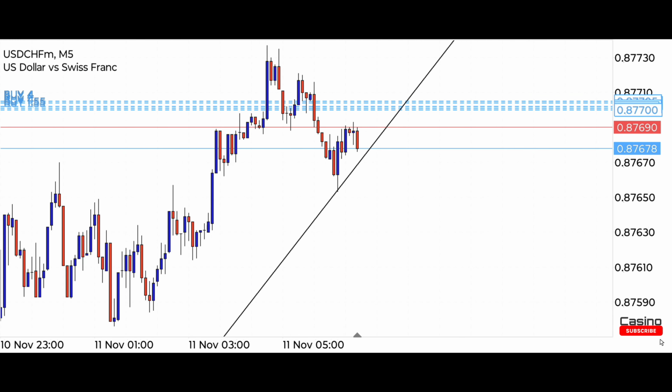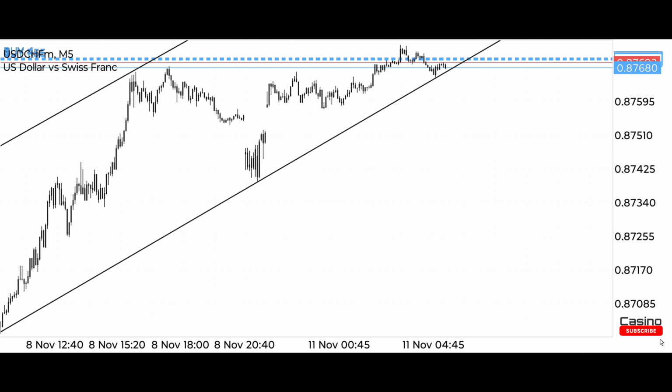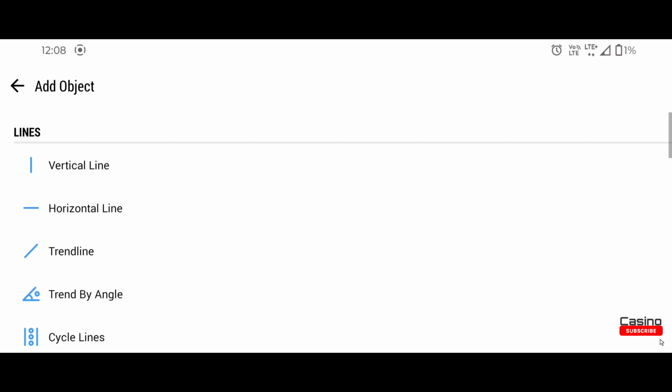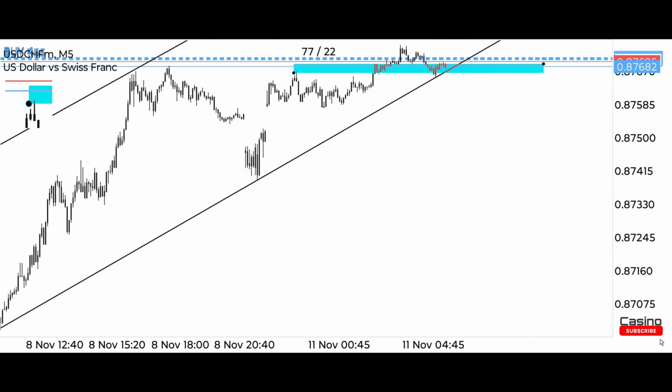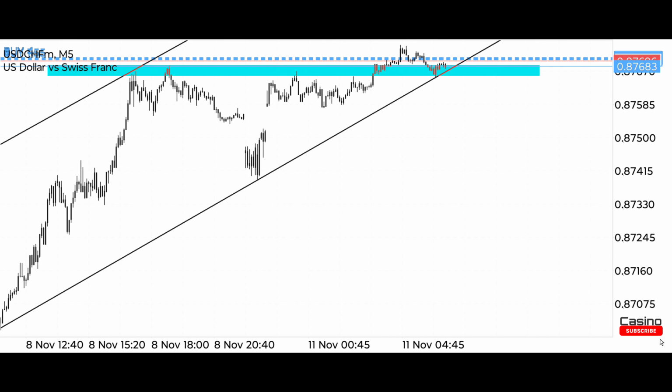Now we will create a strong support resistance level here. This will let us know the exact position of the market. For this I am using the rectangle tool. The market has created multiple support resistance points at this level from where the market has repeatedly reversed at the